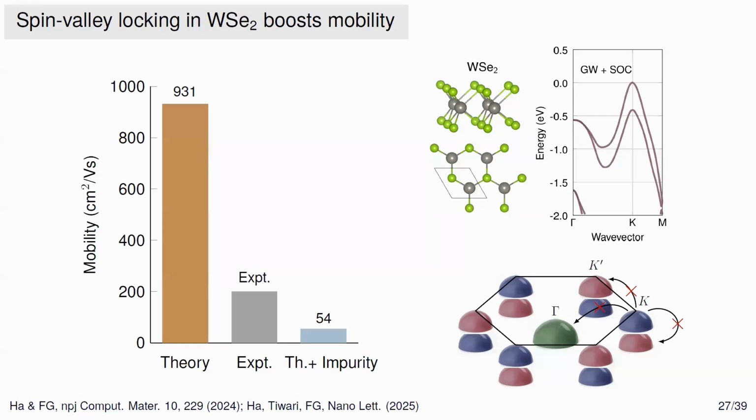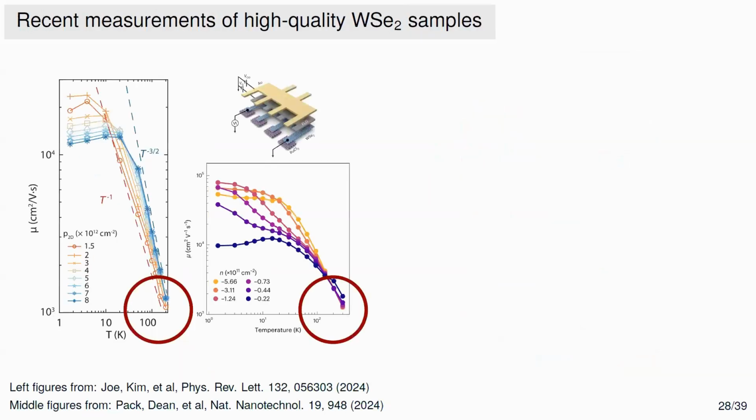And at this point, one could ask, okay, then it's a matter of improving samples. Is this even possible? This was actually demonstrated last year. This is a group, I think the one on the left is Phil King at Harvard, and the one on the right is Cory Dean at Columbia. These are very high purity samples of tungsten diselenide, and these are the mobilities measured as a function of temperature. If you go down here, room temperature, 1,000 and a little bit more than 1,000. So they realized what we've been seeing in the calculations.